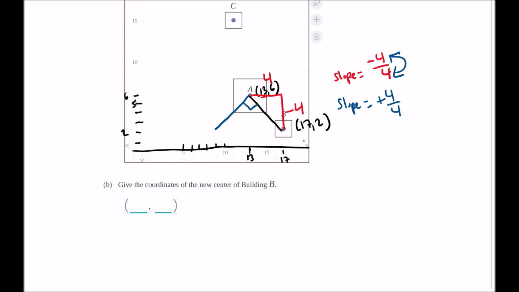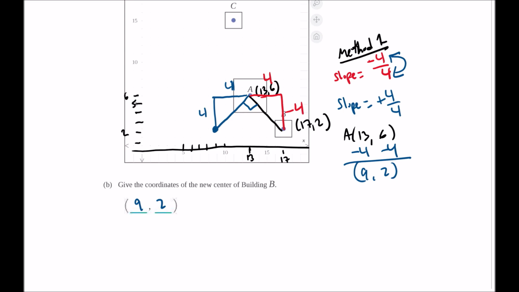And so now we know that this has to go 4 to the left from A. It has to go 4 to the left and 4 down. So where does that put it? Well, we would have to take the coordinate for A, right? The coordinate for A is 13, 6. And we'd have to go 4 to the left and 4 down. So that puts it at a coordinate of 9, 2, which is basically right here. That's the coordinate, 9, 2. Okay, so that is where the new coordinate is going to be. So that's method 1, okay? So method 1 is using